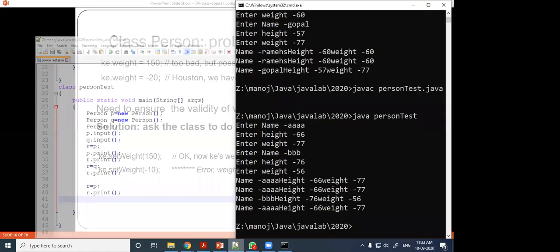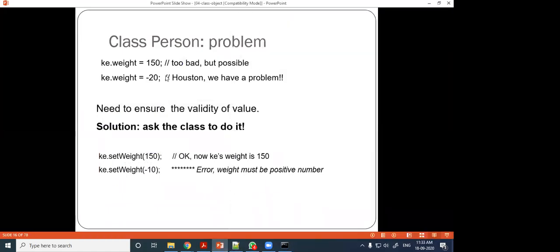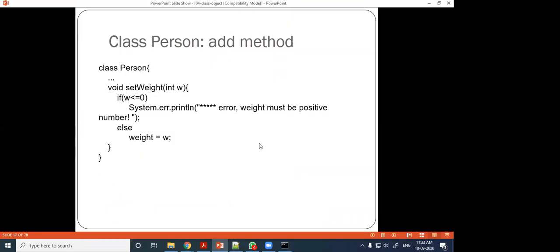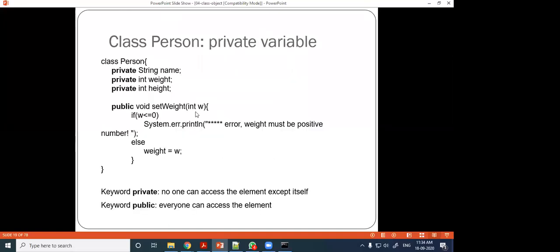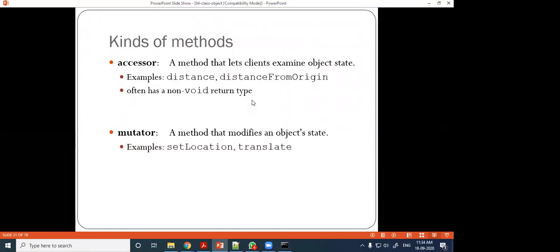Now I will go to the slide. So we know now the methods. Let us discuss different kinds of methods.